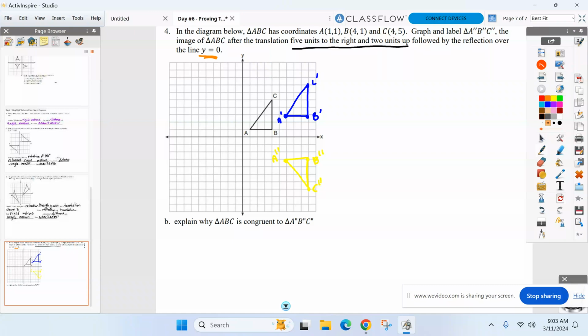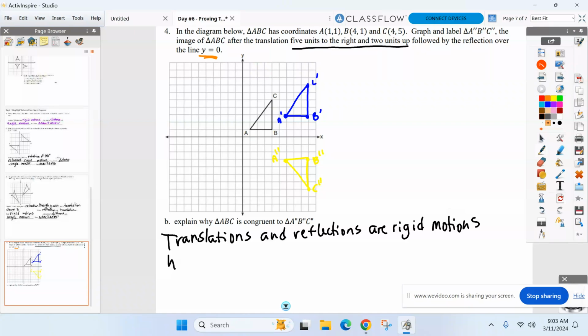All right, explain why they're congruent now. Why are these two triangles congruent? Well, we'll start here. What did we perform? What 2 transformations happened? Translations, and we don't need to get specific because it told us what to do. We didn't need to find it. So translations and reflections are rigid motions. Guys, I'm rewriting what we wrote all class today. Are rigid motions